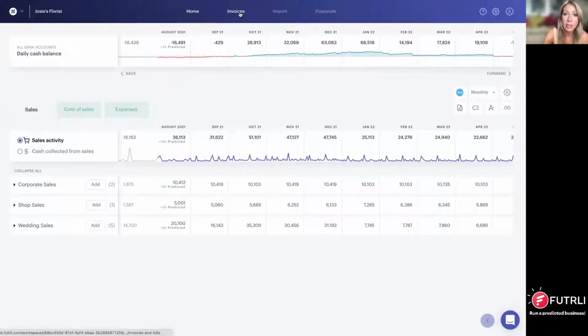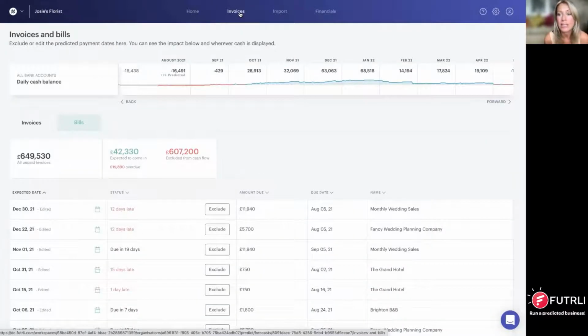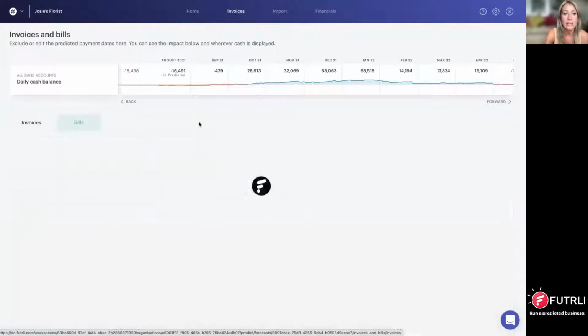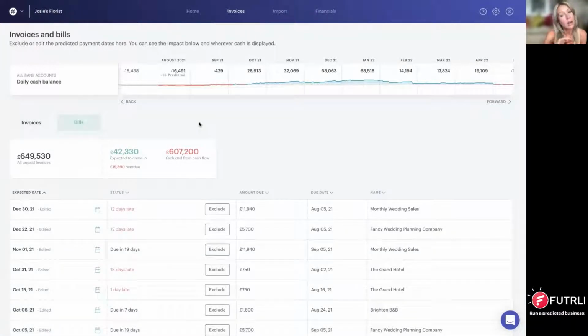The first thing I'm going to take you to is your invoices area. This is where you'll see all of your due invoices and bills for your customers and suppliers. These are the ones that haven't been paid yet. They aren't draft invoices, because those don't really exist, they're something you're playing with. They are real invoices and bills that are already in your profit and loss and in your accounts receivable and